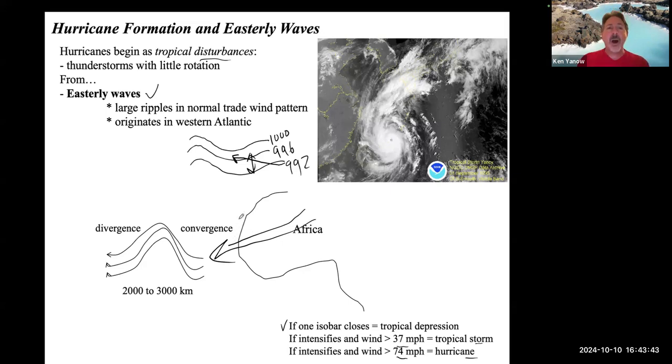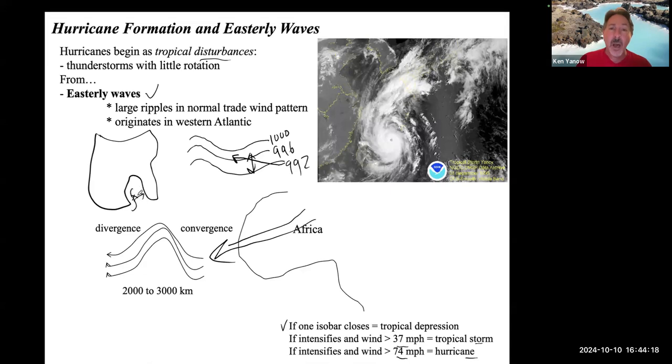Now, I tell you this because the hurricane that hit Florida is relatively unique. Because here's North America, not a very good North America, but here's the Gulf of Mexico. And that hurricane started here and went this way. There wasn't a huge expanse to create an easterly wave. And so in here, we didn't have an easterly wave. We had an incredibly large low pressure cell develop due to airflow coming into the Gulf of Mexico and incredibly